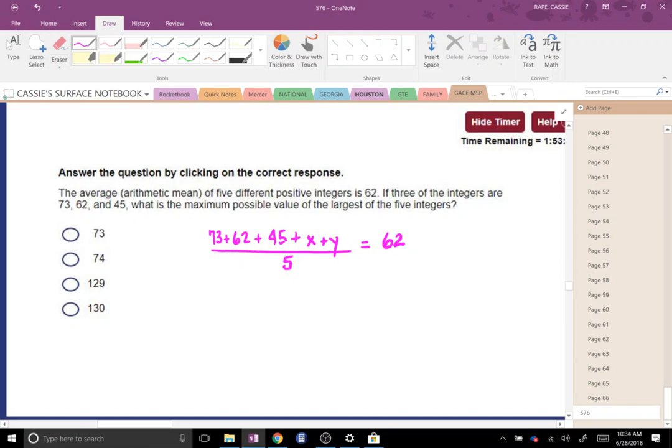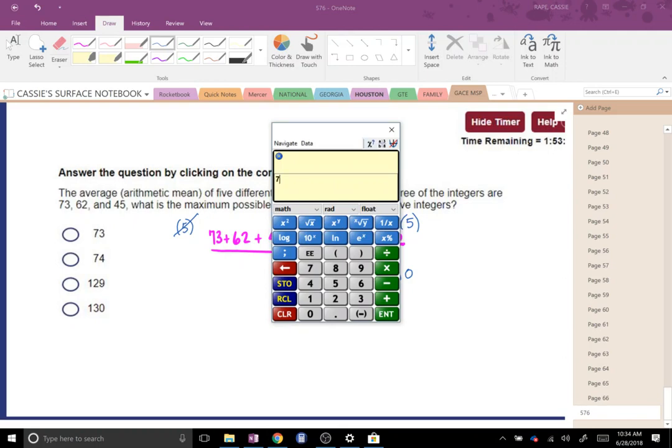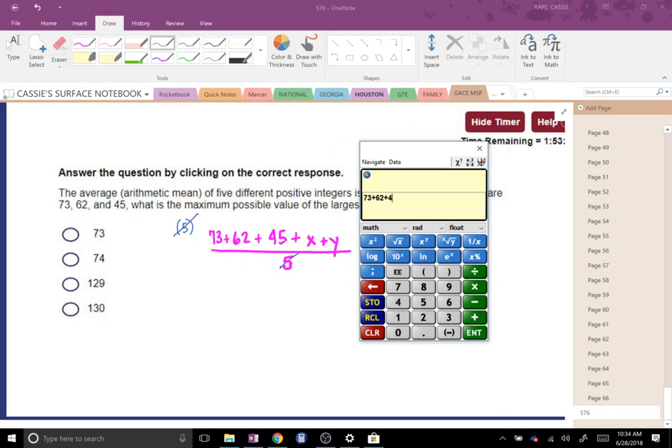So, the first thing I'm going to do is multiply both sides by 5 so that I can clear that fraction. And then 62 times 5 is 310 on the left-hand side. 5's cancel. 73 plus 62 plus 45, I'm just going to do in the calculator. 73 plus 62 plus 45